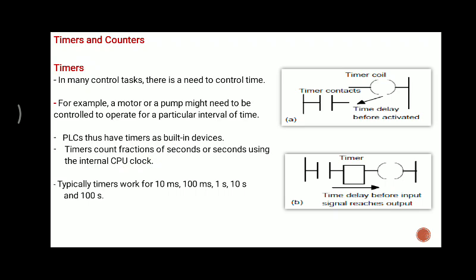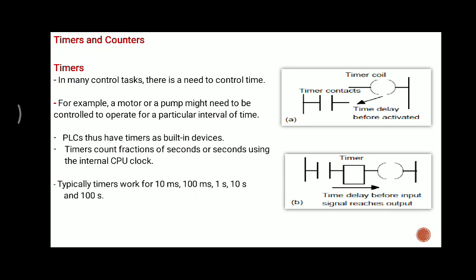Typically timers work for 10 microseconds, 100 microseconds, 1 second, 10 seconds, and 100 seconds. If you want more time than these values, we can set a number of intervals, such as 5 sets of 100 seconds or 5 sets of 100 microseconds, and depending upon that the timer goes onward.